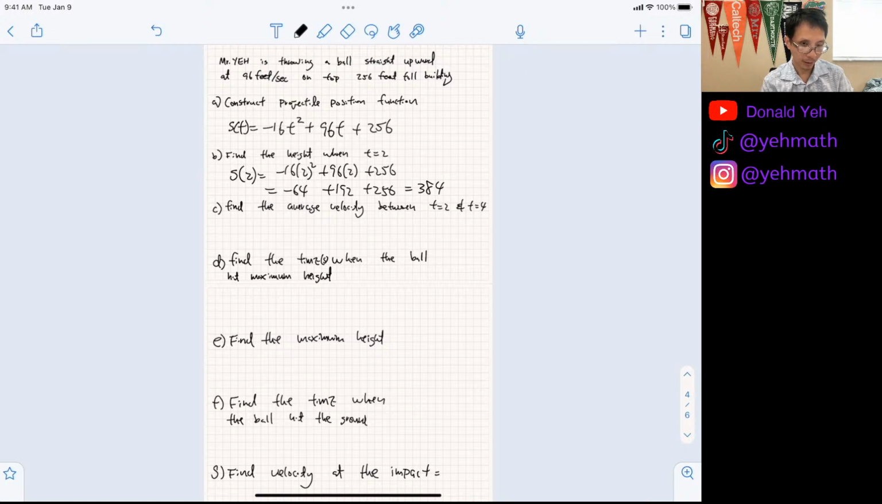C, can you find the average velocity between t equals 2 and t equals 4? The answer might be a little bit surprising because you don't think that can happen, but it can, because this question is worded very